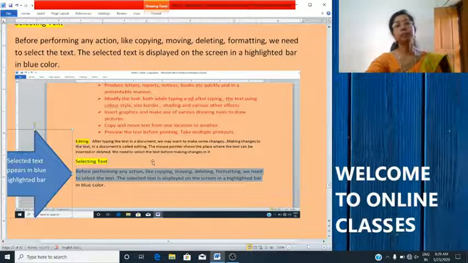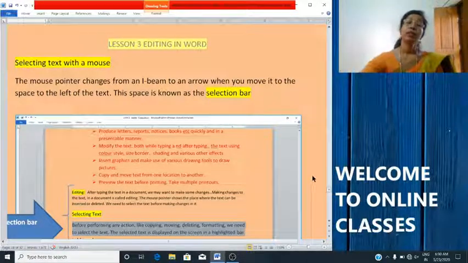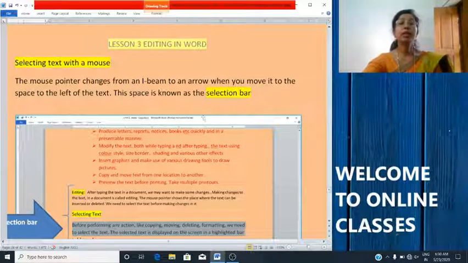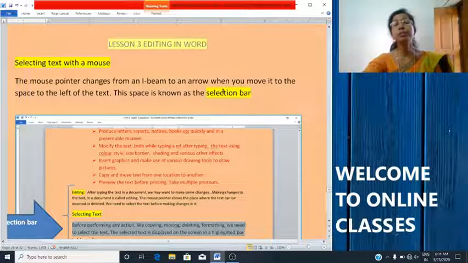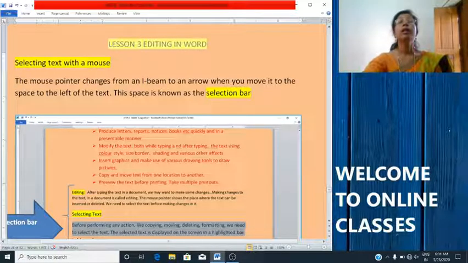Okay. Now let's see how to select the text. You know, in a document, the mouse pointer is just like an I-beam, you can see. Okay. Now when you want to select the text, the mouse pointer changes to an arrow.